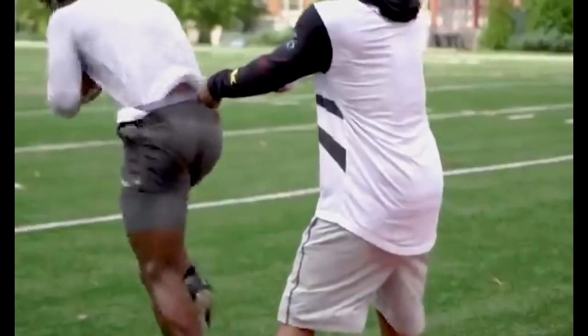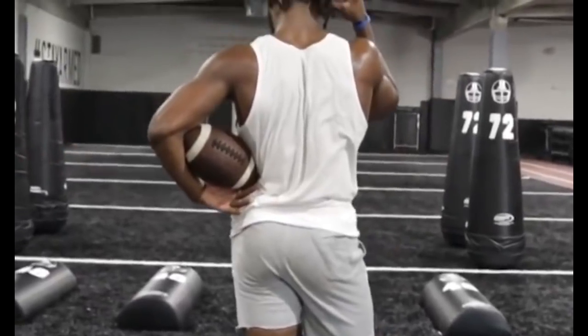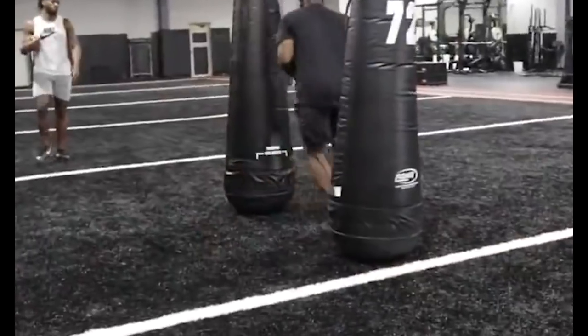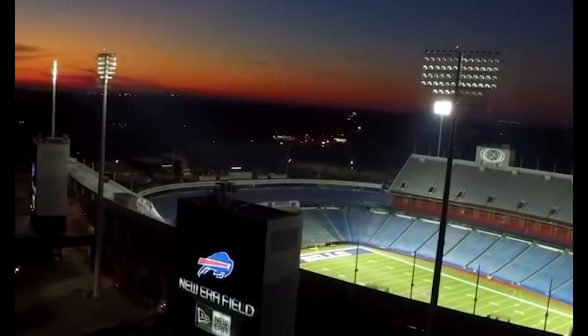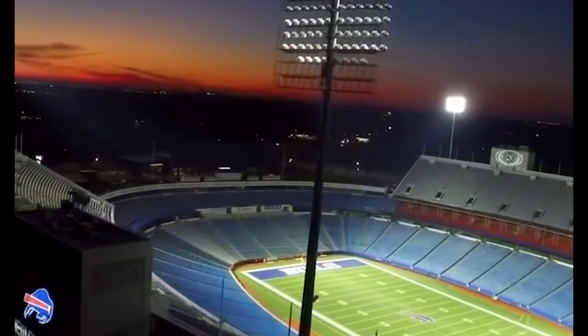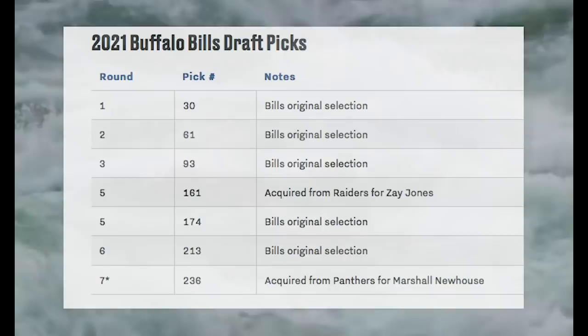And if Buffalo exits Thursday night, the first round of the 2021 draft, with either Najee Harris or Jalen Phillips, then they leave as round 1 winners. Now we have to dive into more than just the first round of the draft, as the NFL draft is more than just a Thursday night in late April. In addition to pick 30, they have picks in rounds 2, 3, 2 in round 5, 1 in 6, and 1 in 7. They do not have a 4th round pick due to the Stefon Diggs trade, and I think